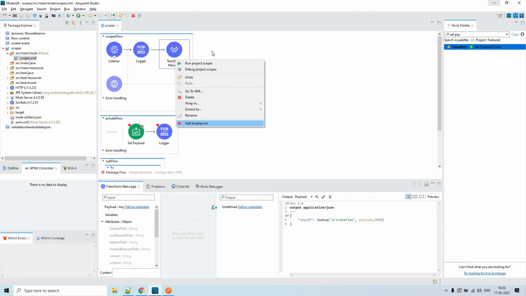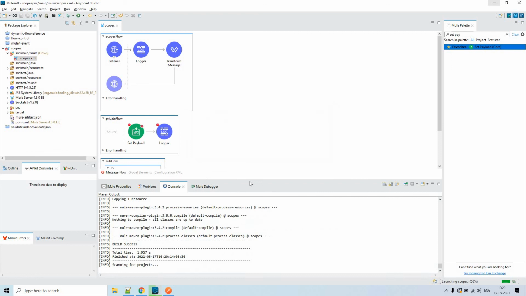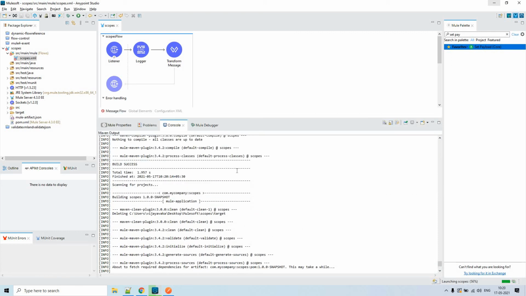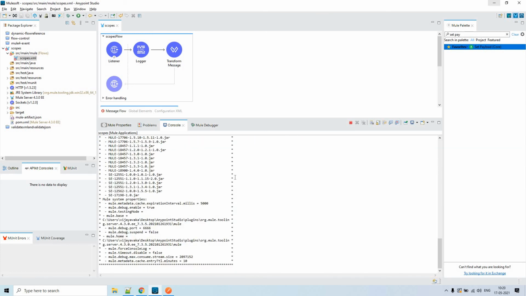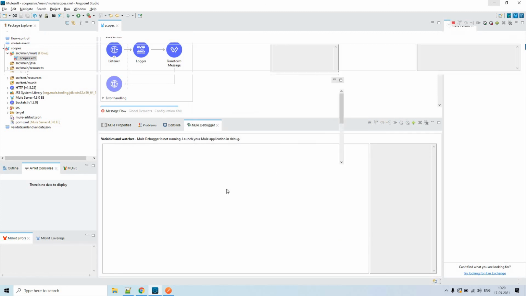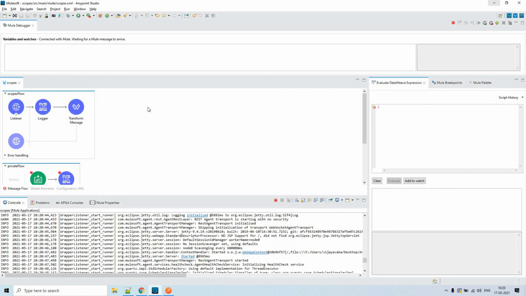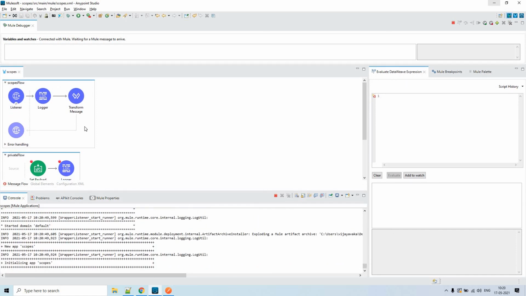This is fine. Now let me run this whole flow in the debug mode. So now we are invoking the private flow by using lookup function in the transform message.